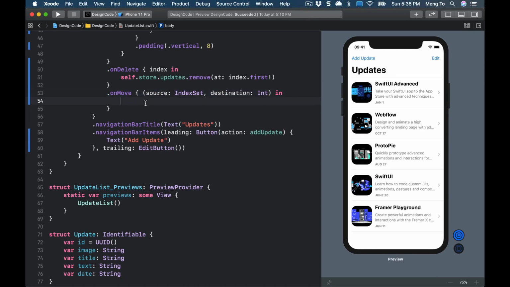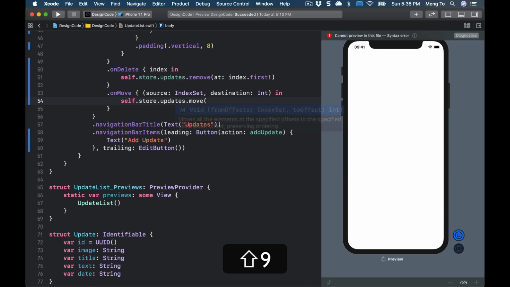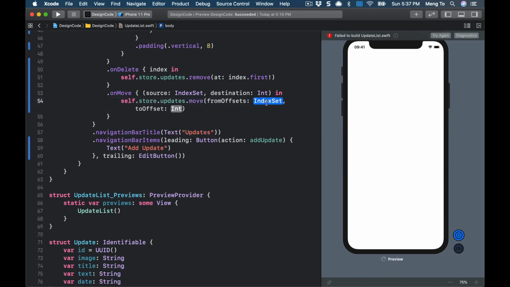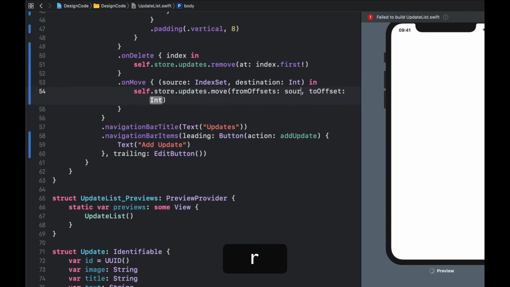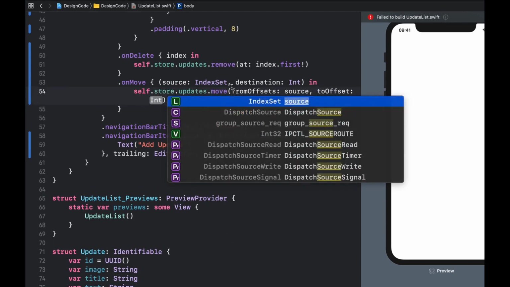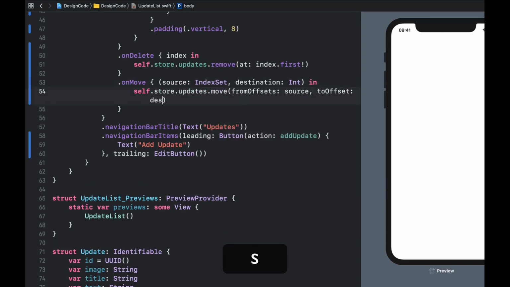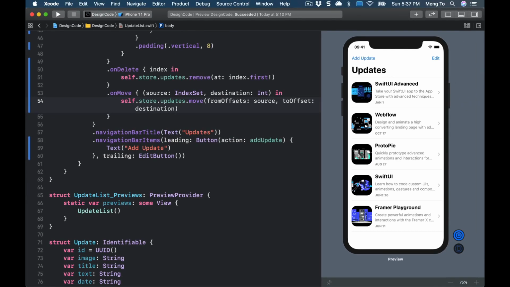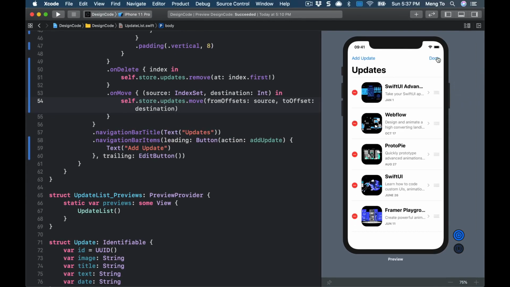And now I'm going to manipulate my data. So self.store.updates, and I'm going to use .move parentheses. Select from the auto completion. Now we need to fill two pieces of data from offset to offset. The first one is going to be source, which is the data we got here, and the second one is going to be destination. So now I'm going to click on edit, and magically you're going to see a new